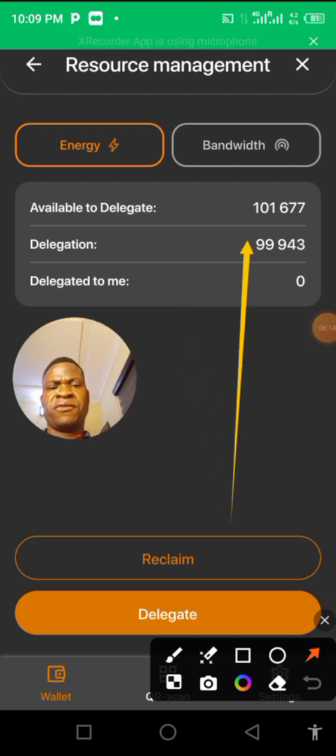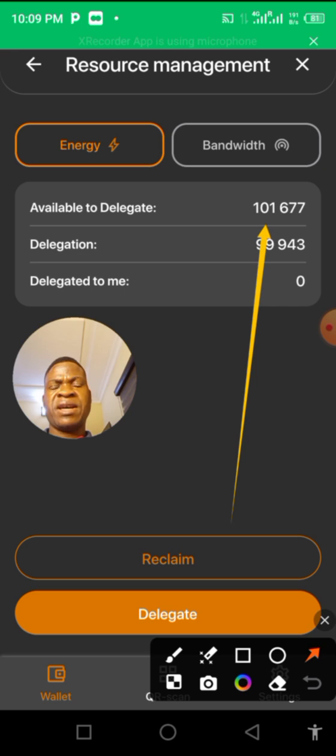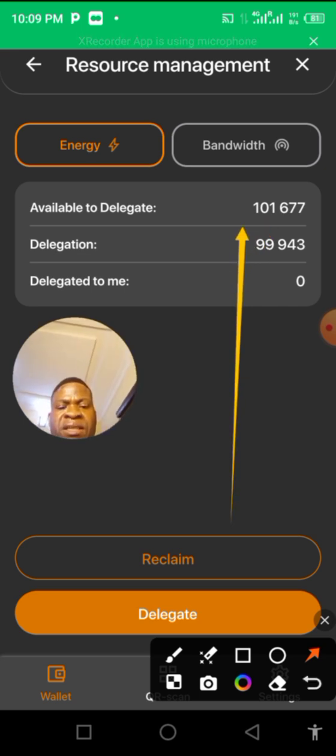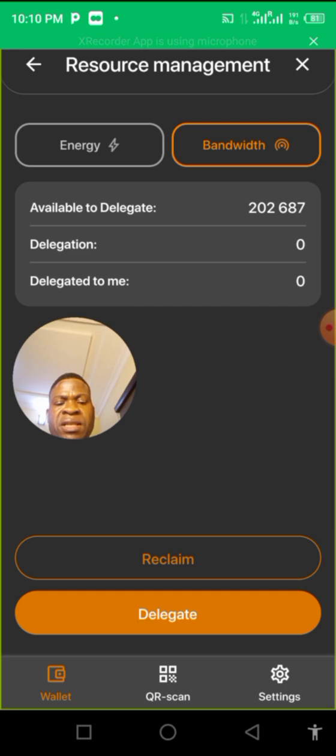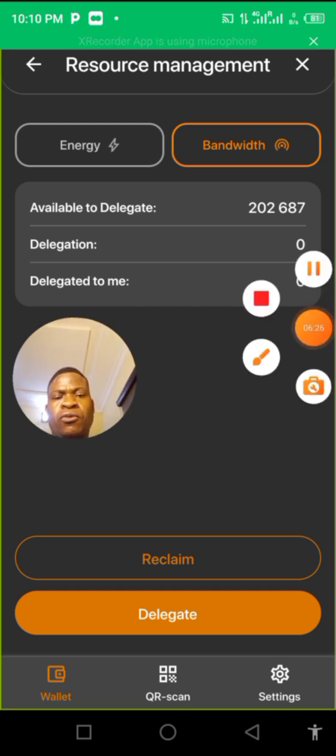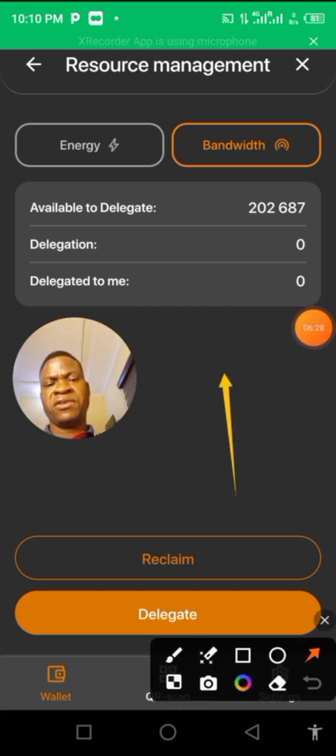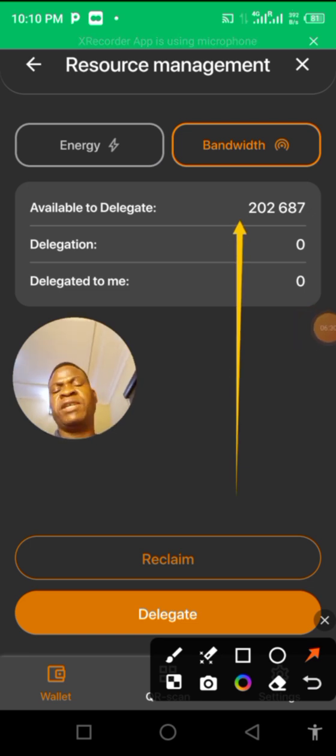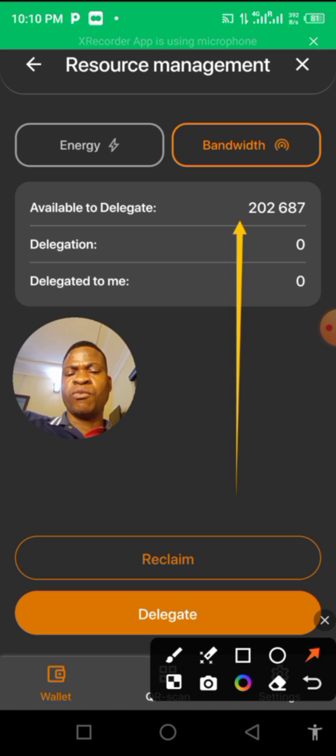I have 101 available resources under energy, right? Now if I tap on bandwidth, you see that I have 202. If you look at bandwidth, I have 202. I just want to give the person energy because energy is more expensive and it's the most useful